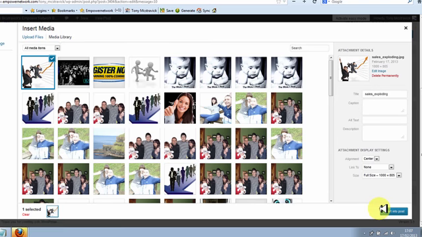Again, it'll populate over here on the right hand side. We don't want it on the center on this occasion. We want it on the left hand side where our content is starting. And again, we can put the keyword in there. And then we can post it